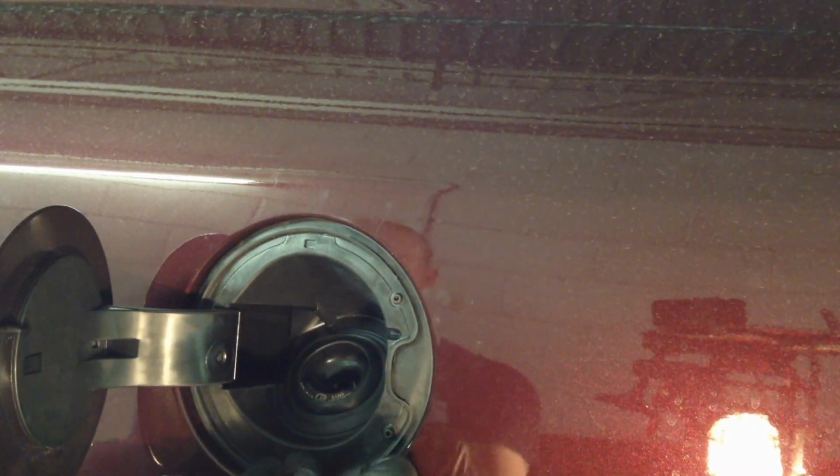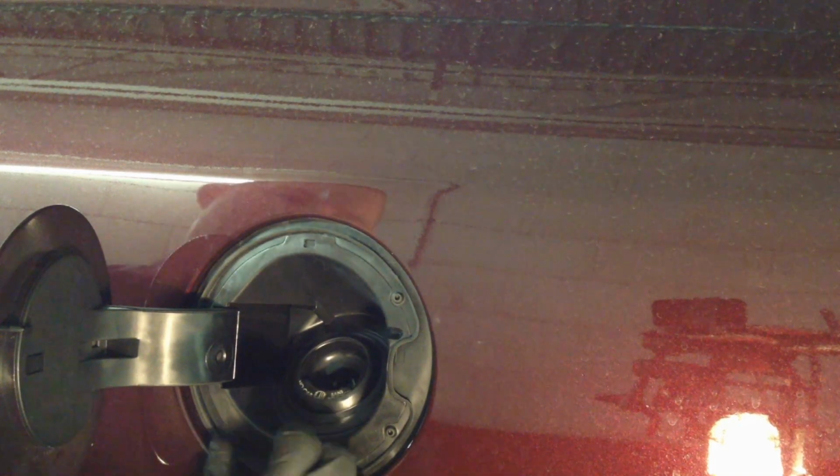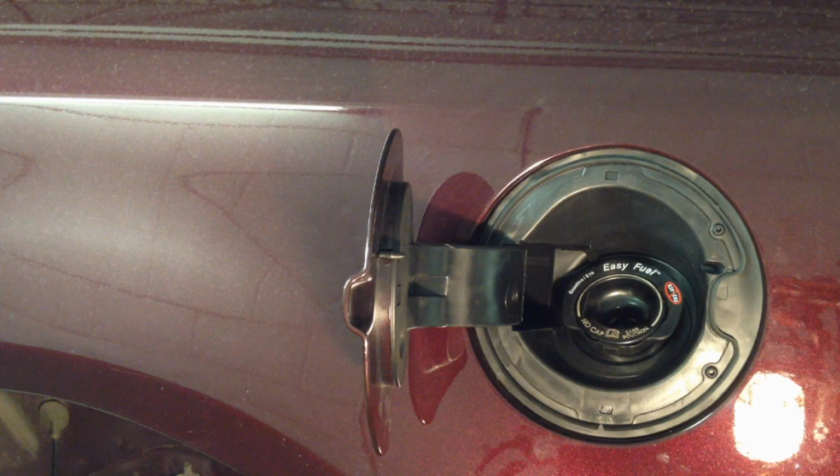There's a bottom snap, top, and this one. There we go. And this should just pop up and through here. And that's how this one is. It just kind of floats in there. Let's put our easy capless information thing back on here. A little trim piece. And then you can see this door